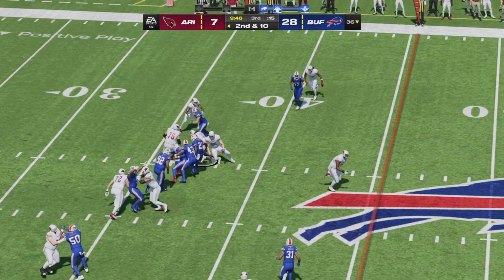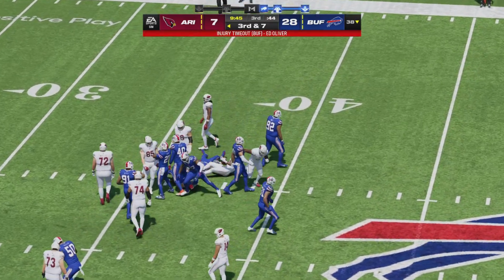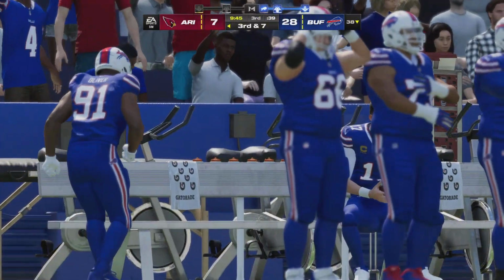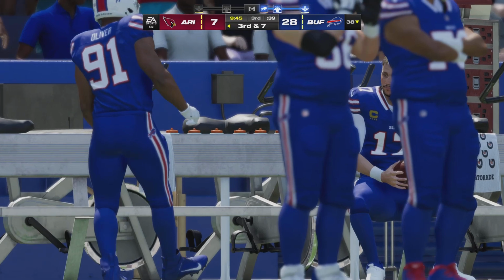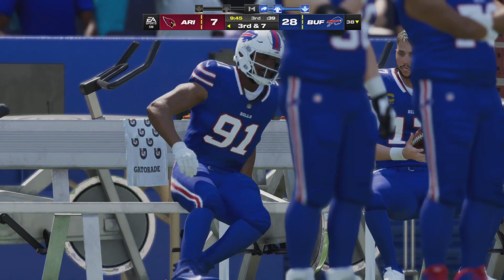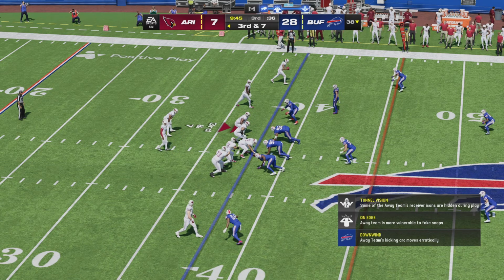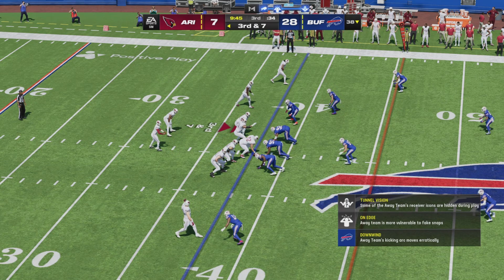On second down, it's Benson, and the hole closes quickly there. He gets maybe a couple up to the 38. Now a stoppage here as we've got a Bill shaken up on the play. We'll check on his status when we return to Orchard Park. This offense is in desperate need of a conversion as they come up on third down.